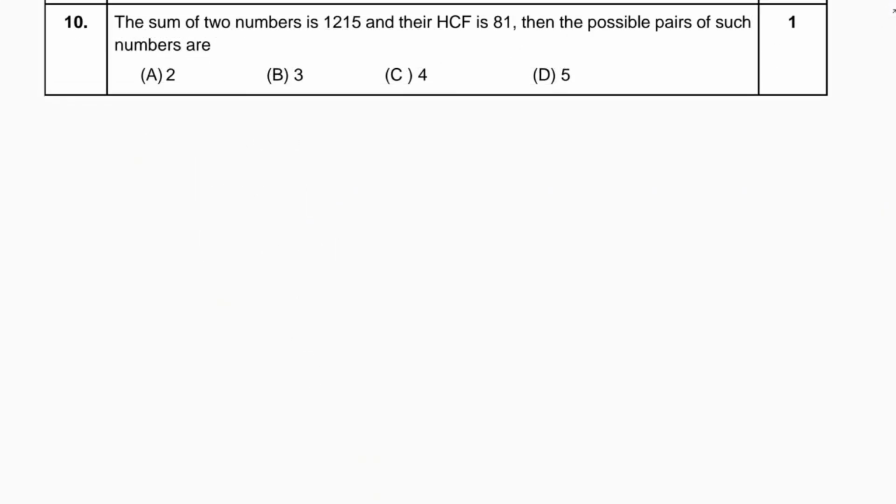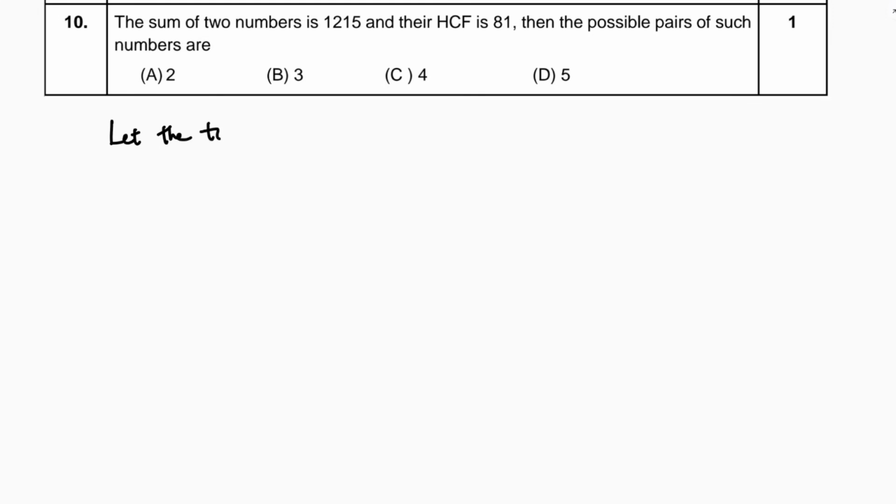Sum of two numbers is 1215 and their HCF is 81. Then the possible pair of such numbers are. See, this question they already asked before in a sample paper. Very interesting question. So here, let the two numbers be